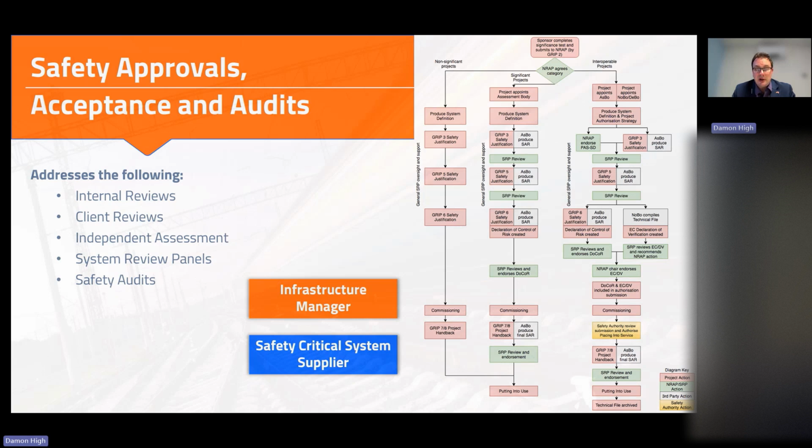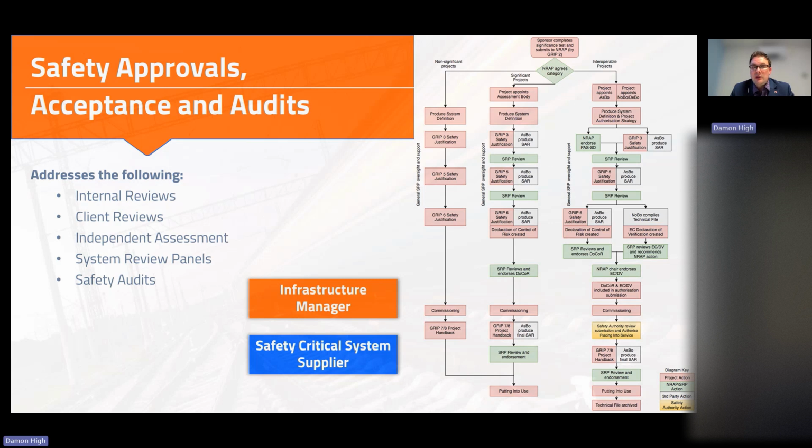So what we're starting to talk about here is just making sure that, again, we understand what deliverables are going to be reviewed by what party. And this will feed in a couple of slides' time into what that also looks like from a timescale perspective. I won't explore that now. The diagram on the right has come from a Network Rail standard, the system review panel standard within Network Rail. And this just shows, again,